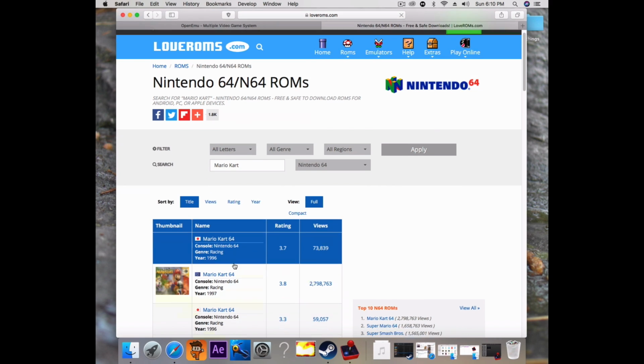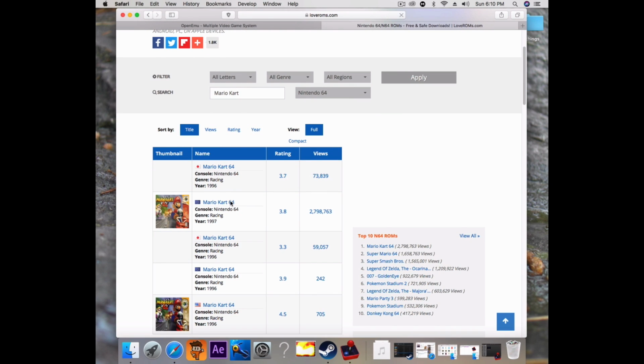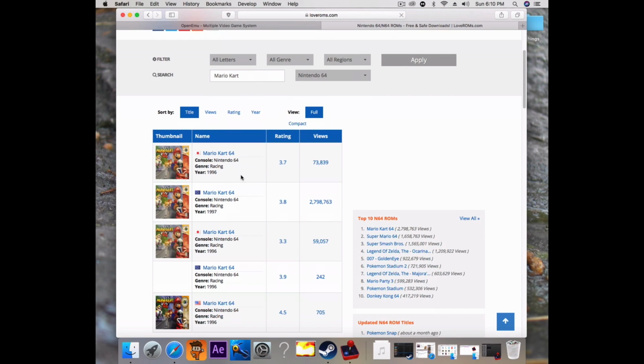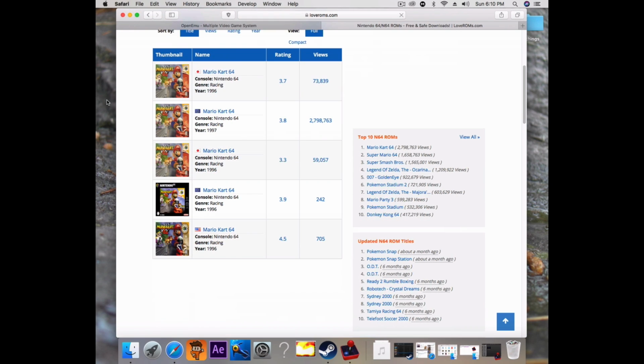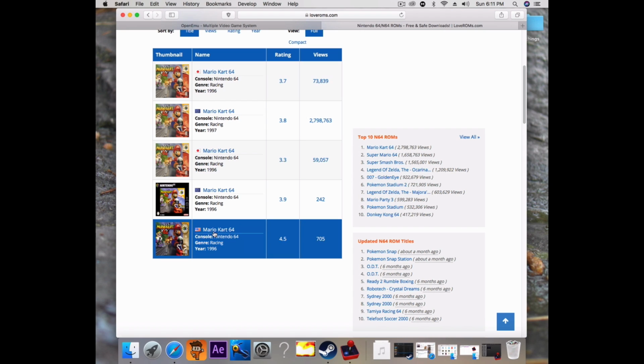And there we go. It loaded up. We have a bunch of Mario Kart 64 titles here. My recommendation to you guys, now you don't have to do this because this is not always the case, but if you can, I would always select the American flag or British flag, because that's going to be in English unless you prefer it in a different language. And then sometimes, with whatever other countries, they can be in English as well, but I'd say just to be safe, stick to the American ones. So just click on the title there,